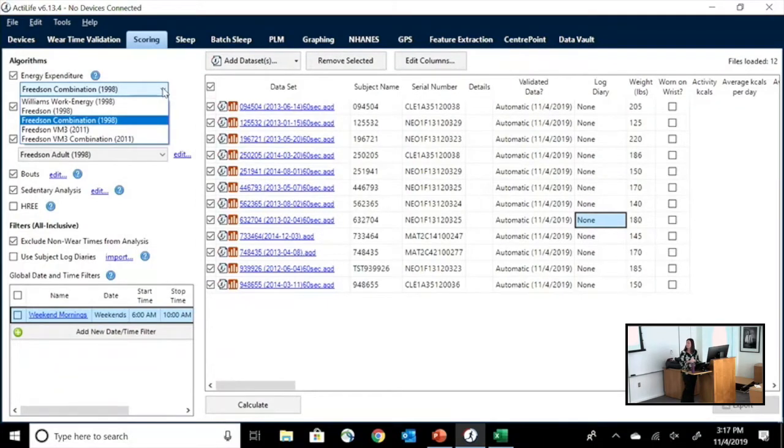That's Patty Freedson out of University of Massachusetts. She was kind of the godmother of accelerometry and did a lot of the initial work, and continues to do almost all of the work and validation and algorithm development, and also now leads this field of machine learning to really look at the raw data from accelerometers. So everything that basically wasn't ActiLife created, which is what this Williams work energy theorem is, are all different takes on